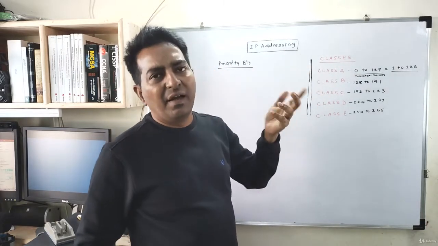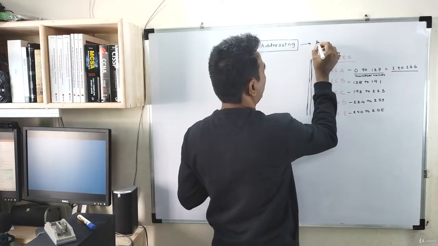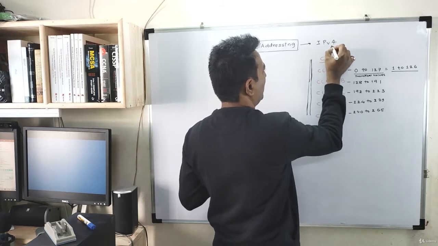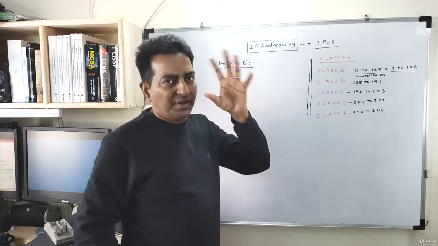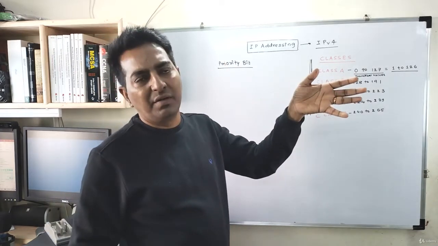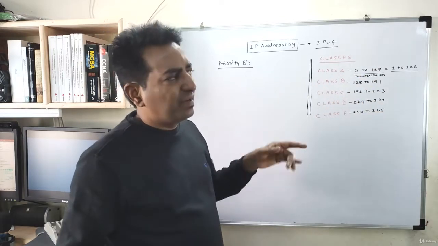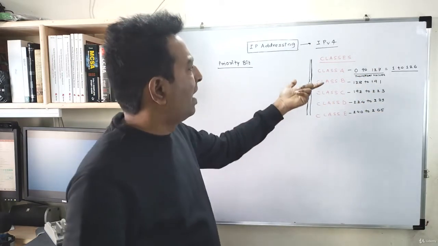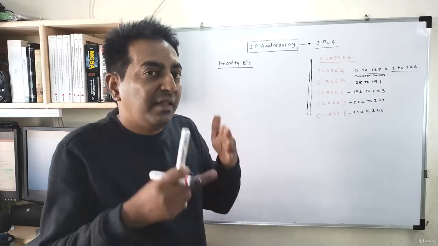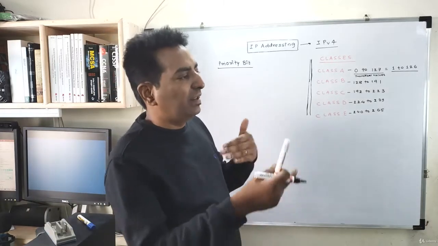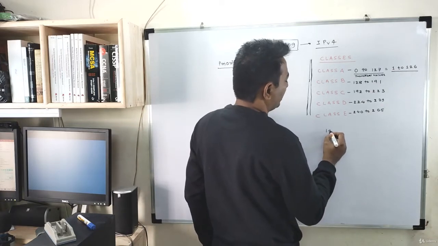If somebody says that I want to use IPv4, we are specifically talking about IP version 4. There has to be some logic that this network is going to work in this particular fashion, right? This is the range. If I put this number in the IP address, this is how the computer is going to identify the type of network, or the subnet mask. Consider if you simply enter an IP address